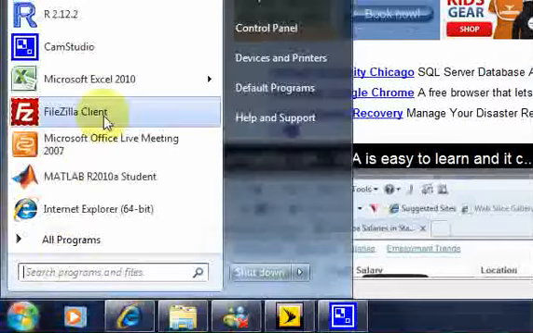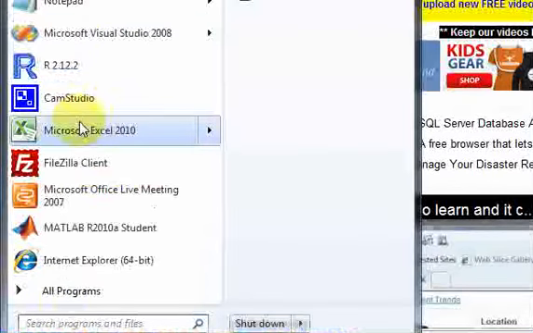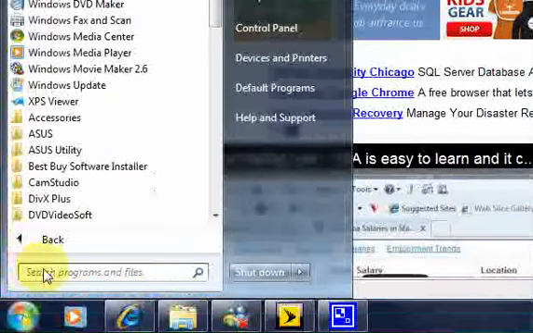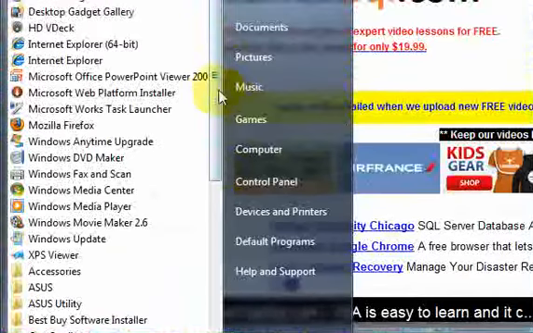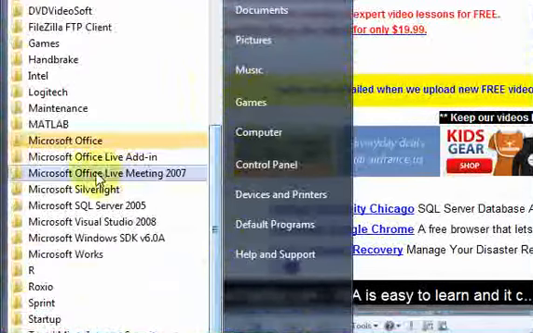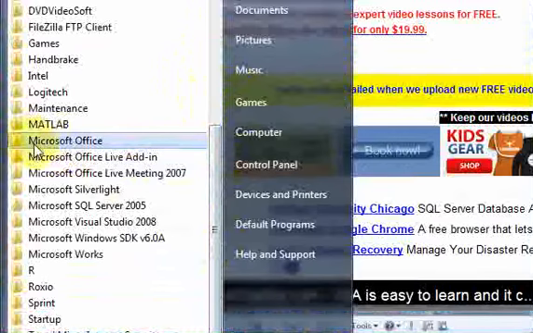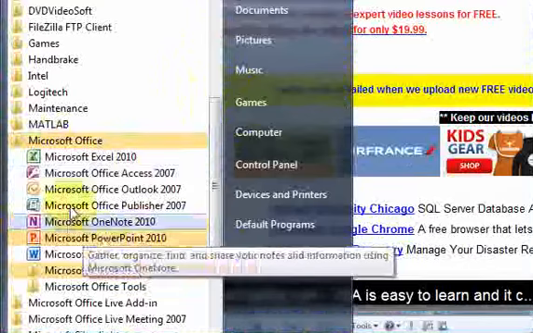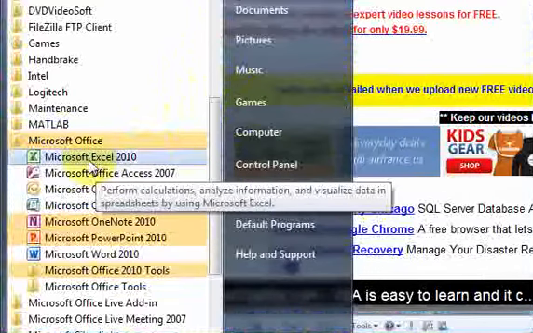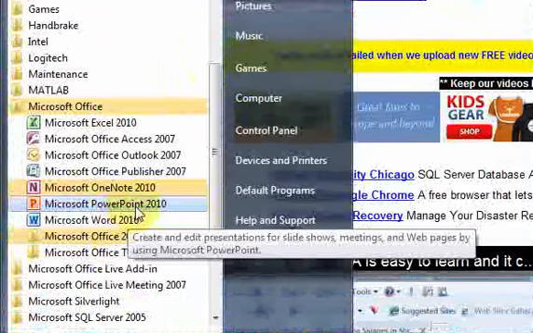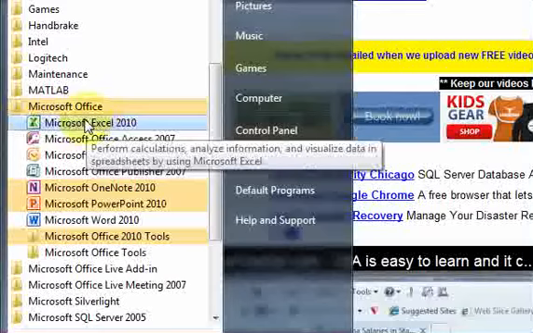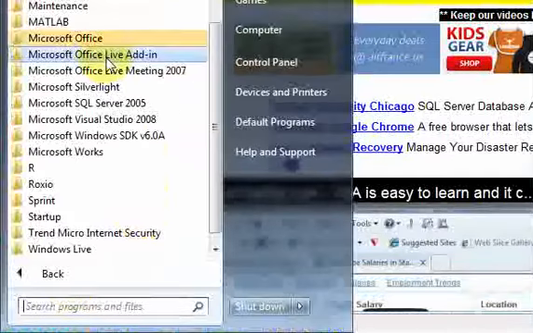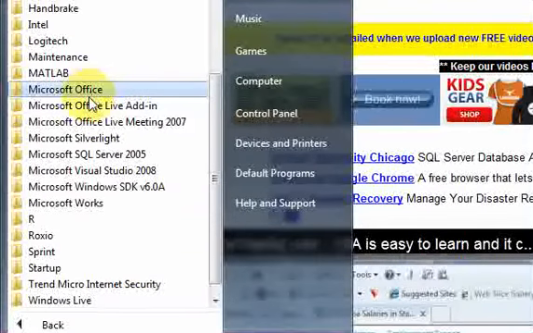You go to the Start button. It might be on your recent list if you've used it before. If you haven't used it before, which is quite possible, go to the Start button and go to All Programs. Click on All Programs and scroll down for Microsoft Office right here. Once you see this folder, click on it, and you should see all the Microsoft Office products like Excel, Access, Word, PowerPoint. You want to click on the Excel one. So here's where you can access all the Microsoft Office programs. So again, that was go to Start, go to All Programs, and go to the Microsoft Office folder, and then